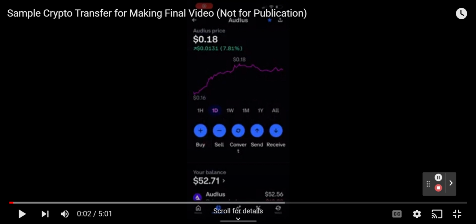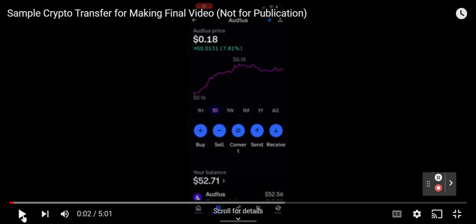The first thing that is important to remember when you're transferring crypto is you have to send crypto from whatever wallet you're sending. So let's say you have Bitcoin, you have to send it from a Bitcoin address to a Bitcoin address. And so the same thing works for ETH, the same thing works for USDC. And I'm actually going to show you with a different crypto, Audius, that I bought just to do this video this morning on Coinbase. So you have Audius here,